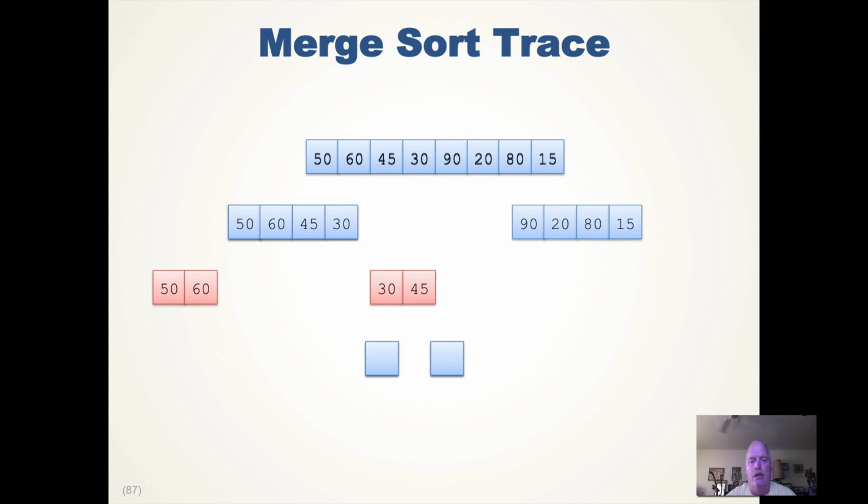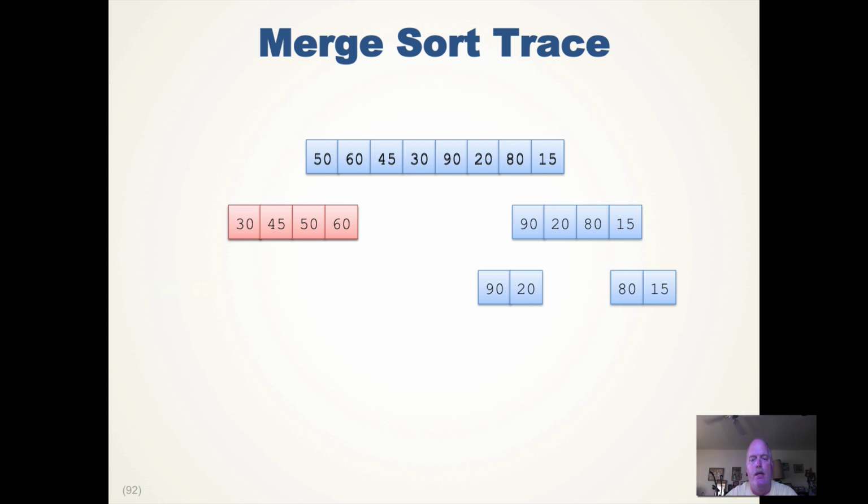we selected 30, copy 45. And so now we can do the merge on these two guys into the one above. So we select 30, check 30 or 45 and 50, we select that, and so now we just copy 50 and 60 because we're done with the right side. We can just copy, and so now we have sorted the left side, so now we need to do the